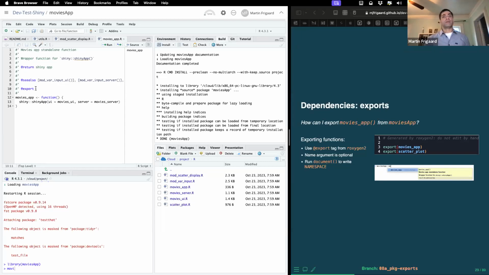So when we ran devtools document and the export tag was included above our standalone app function, it generated this namespace. I believe these are called directives. Either way, it looks very much like a function. You can see that the namespace automatically exports movies app. In this case, I've